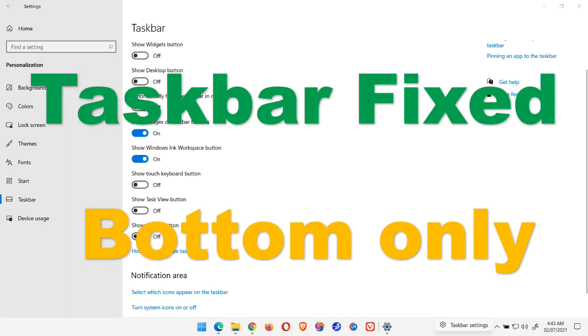The next feature that we are going to talk about is taskbar. So now in Windows 11, the taskbar is fixed. It is at the bottom only. But in earlier versions of Windows, we can change the taskbar to any location like left, right, top, or bottom. But with Windows 11, they have fixed the taskbar to the bottom only, or this may be done because